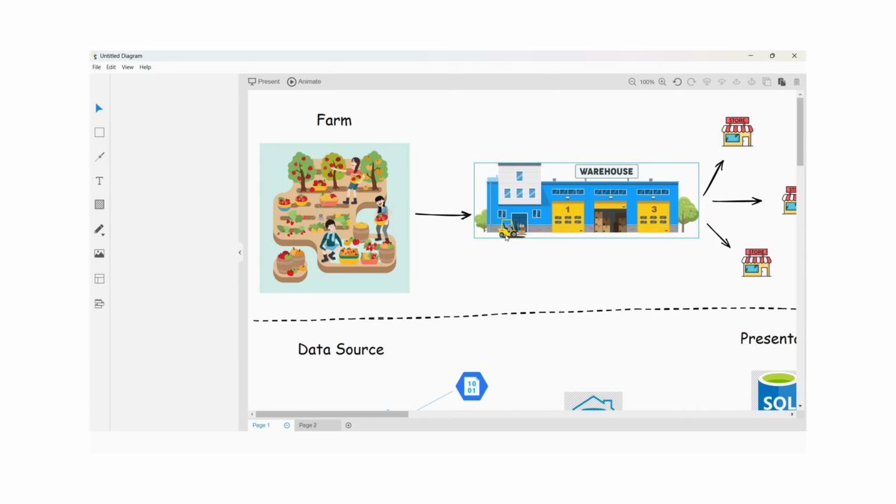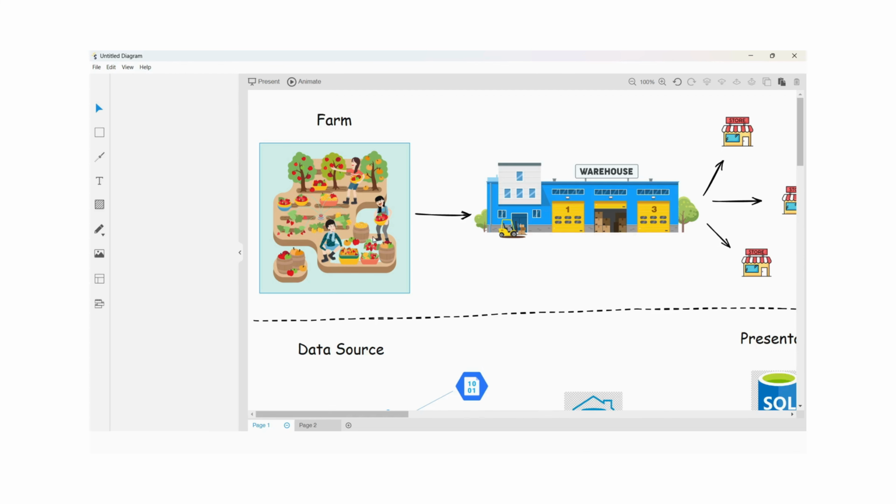But once he's inside the farm, let's assume that it's a very big farm, acres of land, and there are so many different trees or so many different fruits available. So establishing that connection doesn't mean that the truck driver knows which fruit to pick or where to pick the fruits. Those additional information we provide using something called a